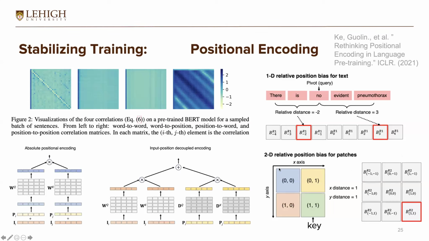Then we get the 2D relative position bias for the patches, such as if this is 0, 0, then this patch will be -1, -1, and this patch will be +1, +1. This is a new way we can describe the distance between any two tokens in an image. And when this information is encoded as a positional embedding, it can better describe the relations between tokens and patches in a 2D image.